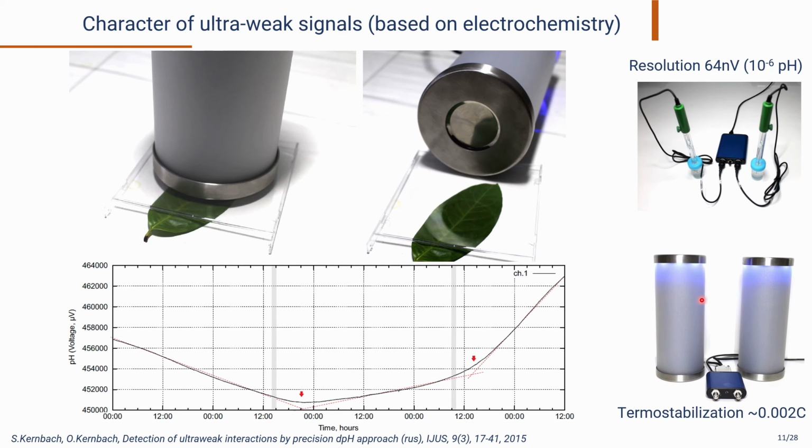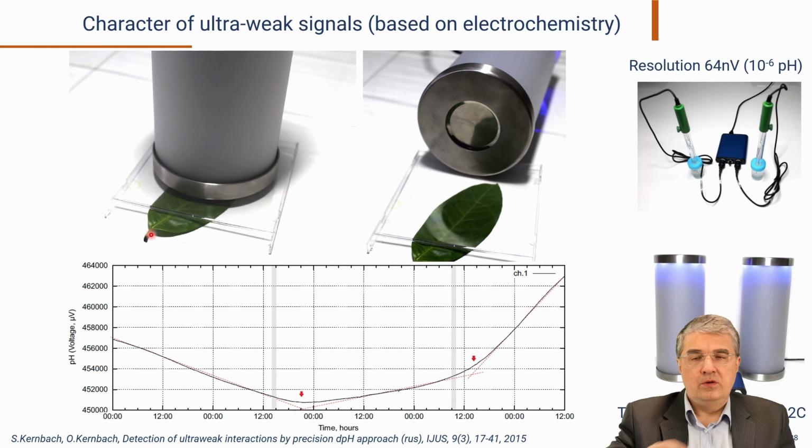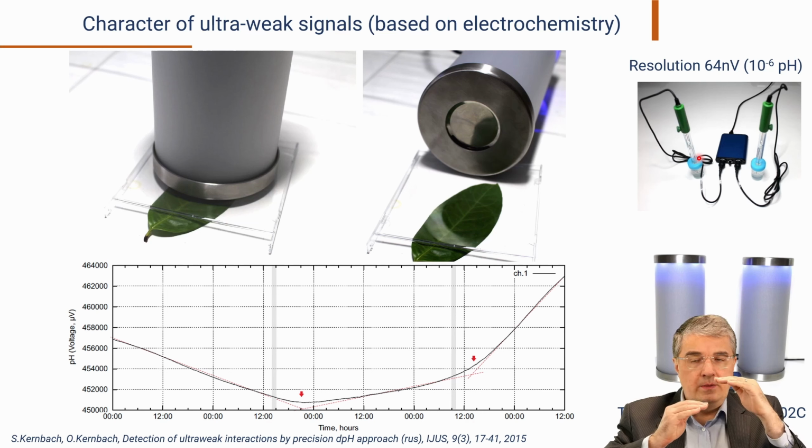It is done in these measurement towers. The measurement started a couple of days before for this background measurement, and then we inserted a fresh leaf. Here it is important to understand that the distance between the leaf and this measurement container is about 4-5 centimeters. So we are measuring not a direct interaction, this is a distant interaction, and this is an interaction not with a biological object, but with some, let's call it, subtle structure behind this sleeve.